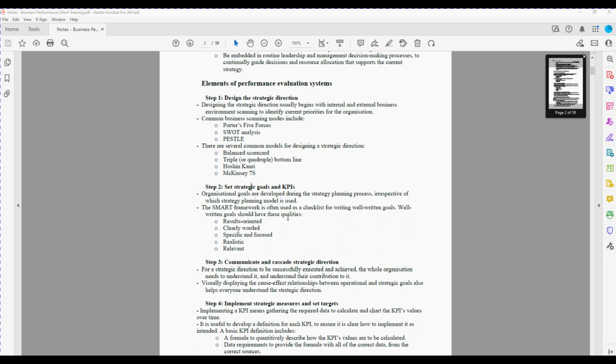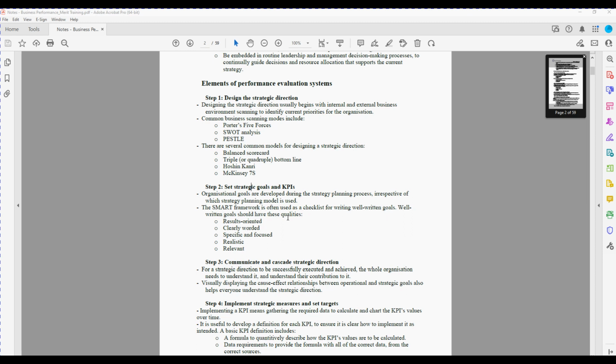So the goals are set during the same time as the strategic planning process, because those goals are very much linked to the strategy. They're the strategy broken into a few more understandable and achievable targets. A common framework for setting KPIs is the SMART framework, and it's also applicable to goals. Essentially, it ensures that your goals and KPIs are really good